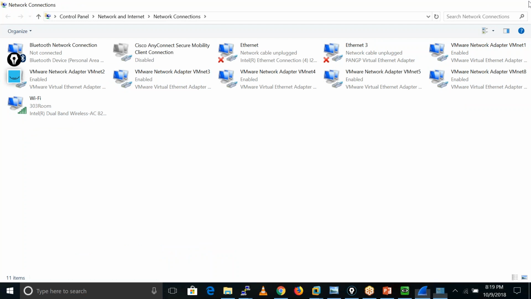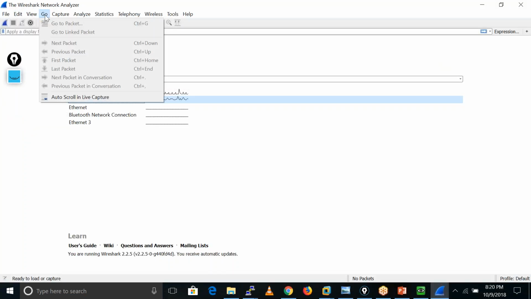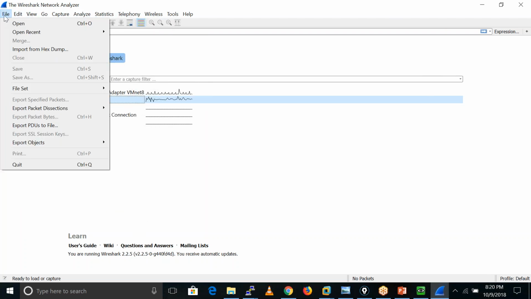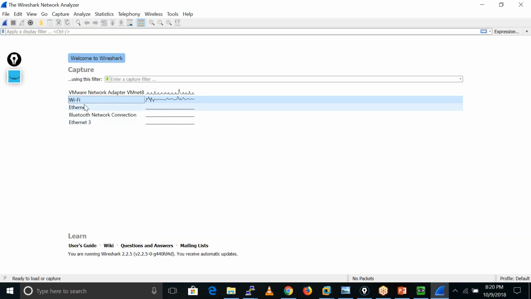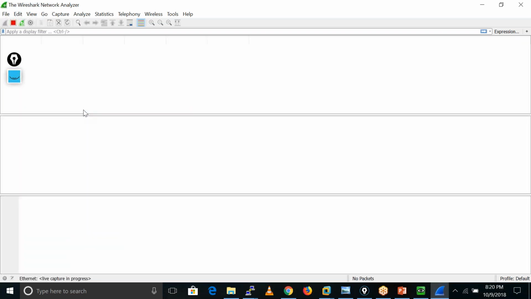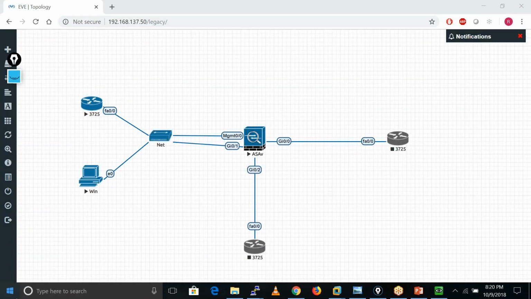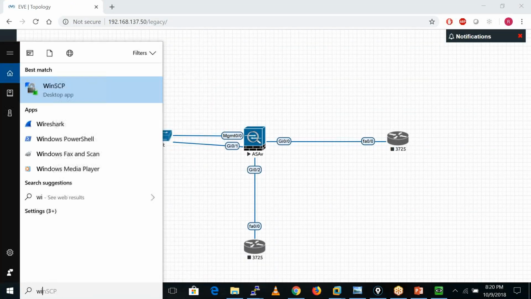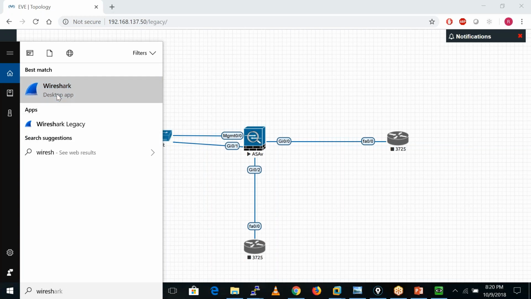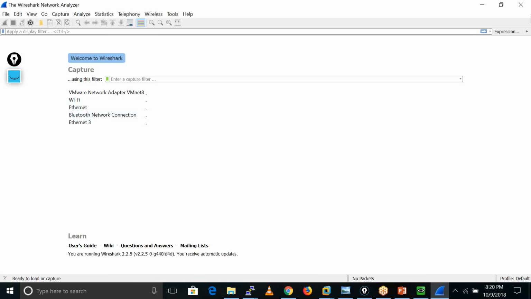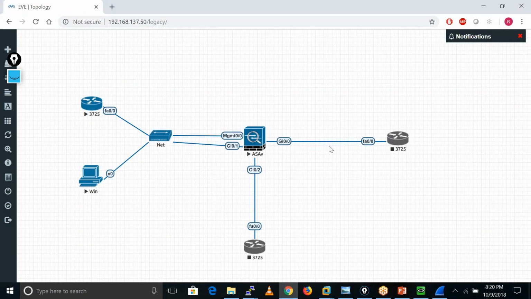That adapter is enabled, so why is it not showing here? I hope Wireshark is working properly; it is not fetching all my adapters. Otherwise I will show you how we can see what kind of traffic is going and capture the data going through these connections. I will show you that maybe tomorrow.